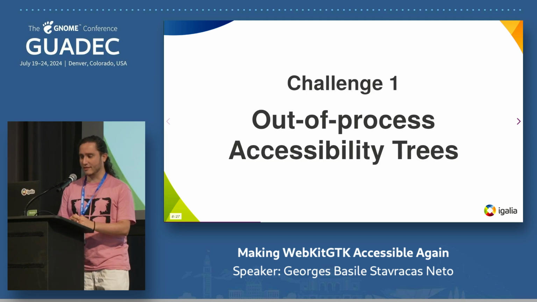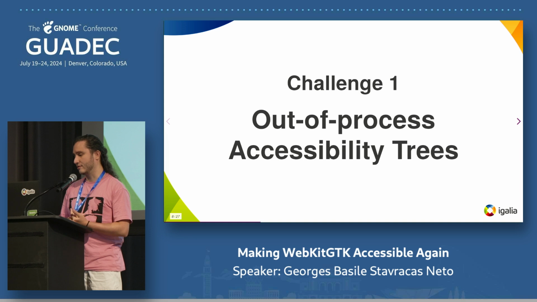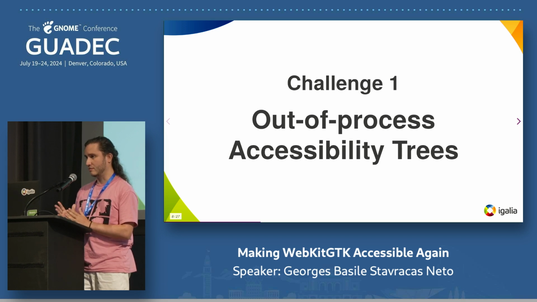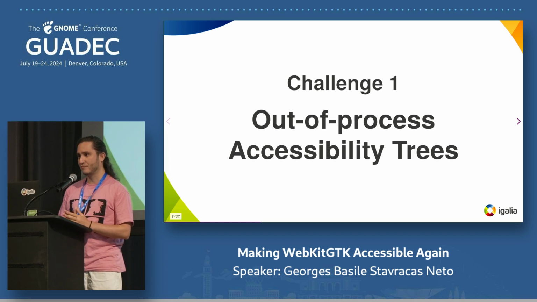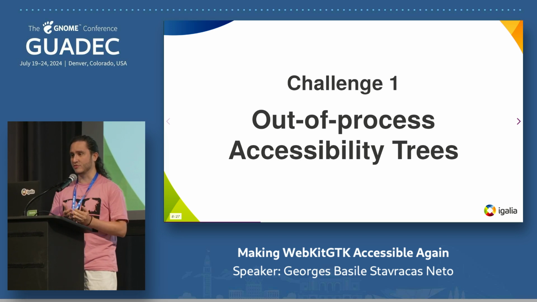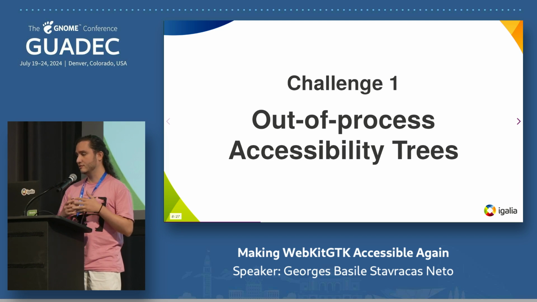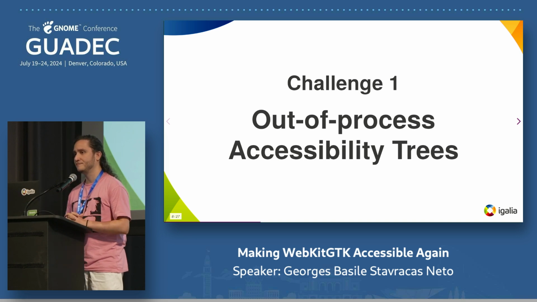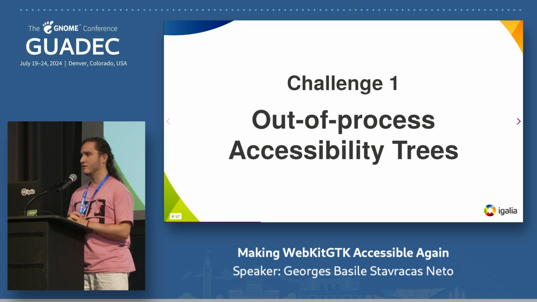The first one is kind of specific to WebKitGTK and GTK4: out of process accessibility trees. One very important security measure that I think all browsers implement these days is to separate the bits of code that interact with the web page into a separate process. And they usually put that separate process in some sort of sandbox. I think Chromium uses Zygote for that. I don't think WebKit has anything with a fancy name, but it has a separate web process